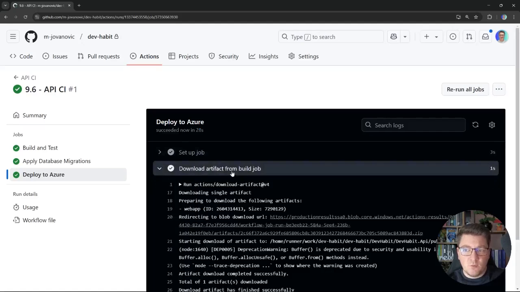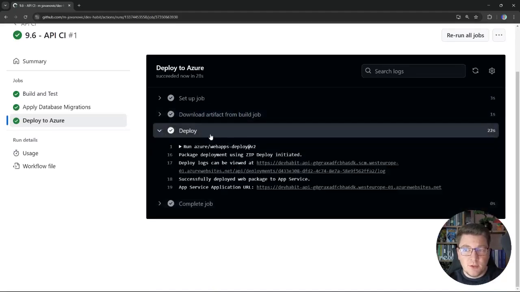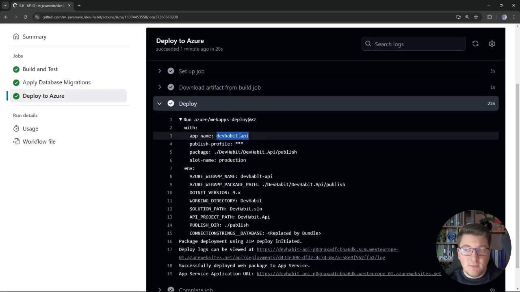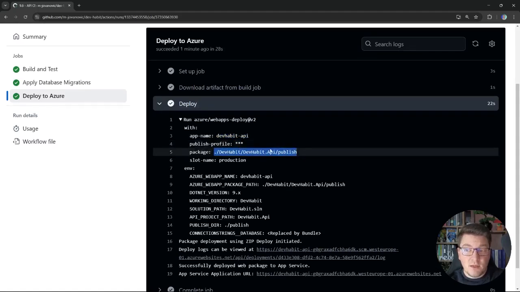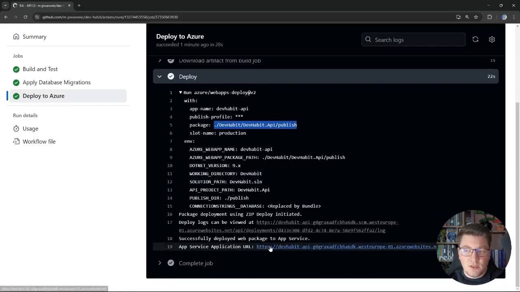And what happens here is we download the artifact from the build job, which contains the published DevHabit API project, and then we're going to execute the deploy step, which is going to use the Azure Web Apps Deploy version 2 GitHub action. And this GitHub action allows us to easily deploy our API into Azure. We have to provide the application name, the publish profile, which is provided from a secret, the path to the publish directory, and then you can provide any environment variables that you need. We don't need any here, and essentially you can see our deployment is going to complete, and we can navigate